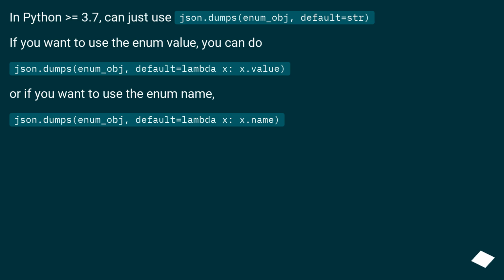If Python is greater than or equal to 3.7, you can just use json.dumps(enum_obj, default=str). If you want to use the enum value, you can do json.dumps(enum_obj, default=lambda x: x.value). Or if you want to use the enum name, json.dumps(enum_obj, default=lambda x: x.name). What does he want? Here's the source of